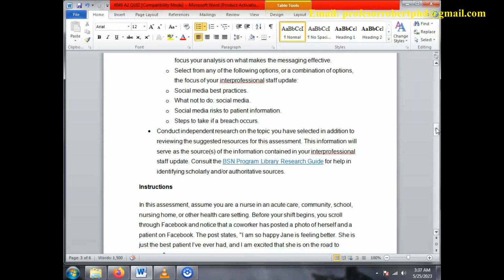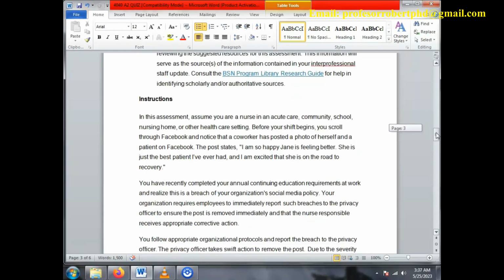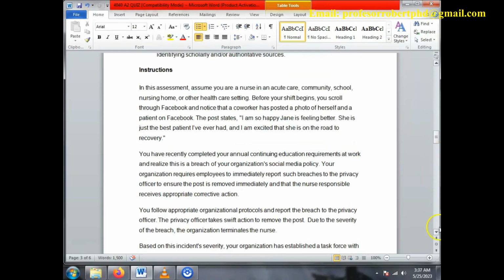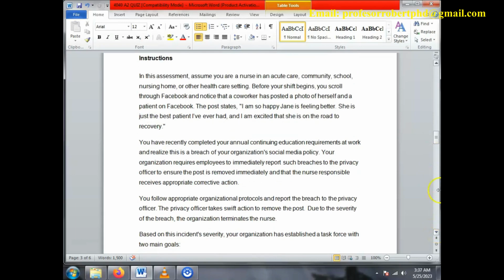Instructions. In this assessment, assume you are a nurse in an acute care, community, school, nursing home, or other healthcare setting. Before your shift begins, you scroll through Facebook and notice that a coworker has posted a photo of herself and the patient on Facebook. The post states, "I am so happy Jane is feeling better. She is just the best patient I've ever had, and I am excited that she is on the road to